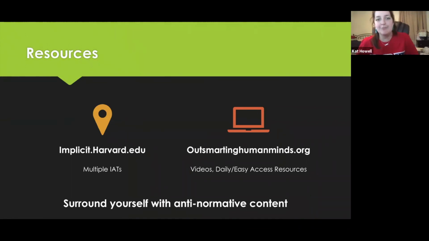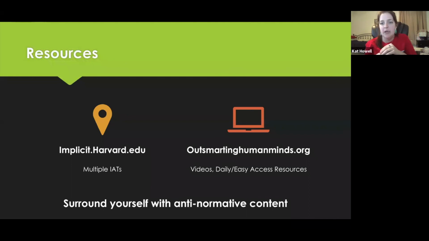So here are some resources. Feel free to take a screenshot. One is just the website I've referenced. It has the IATs on it, implicit.harvard.edu. If you want to create an account, you can go back and take the same IAT and see if you've been able to shift your preference, as well as keep track of your scores for the different types of IATs. And then